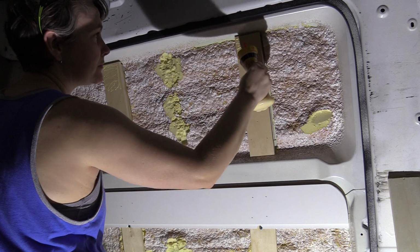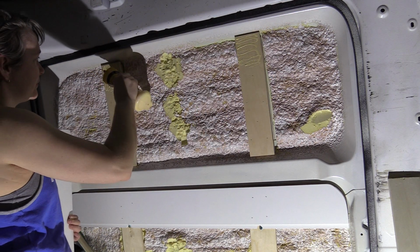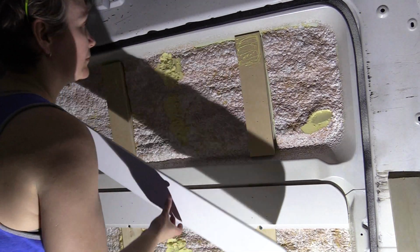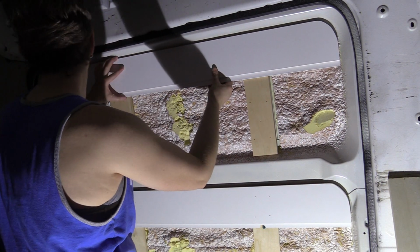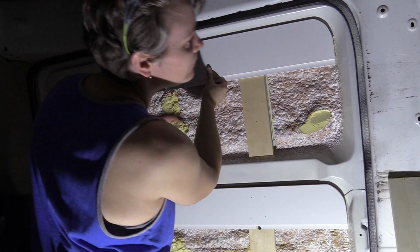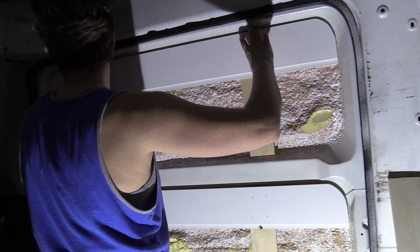I actually used the same stuff that they sent with the body flares, so I figured if it's good enough to hold the body flares on the van driving down the freeway, then hopefully it's going to be good enough to hold this together. So we will see, but there was really not any good mechanical way to attach this top part. It would probably also be smart to have the door shut completely while you're doing this,